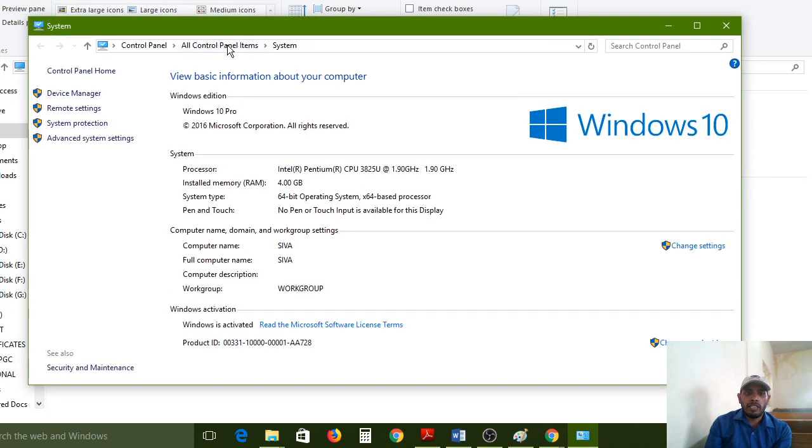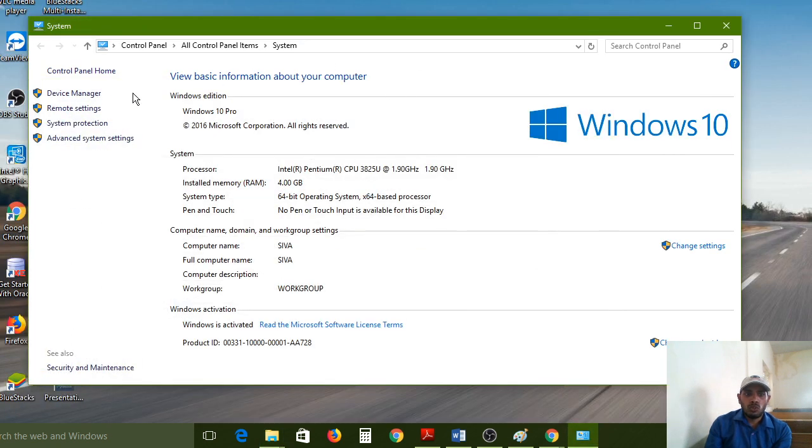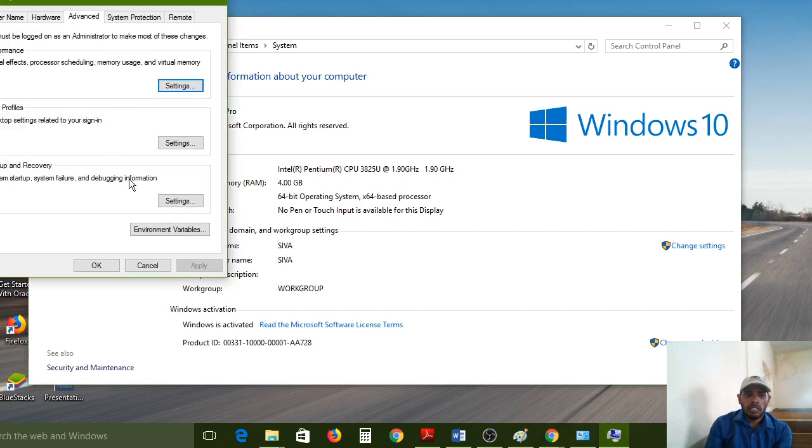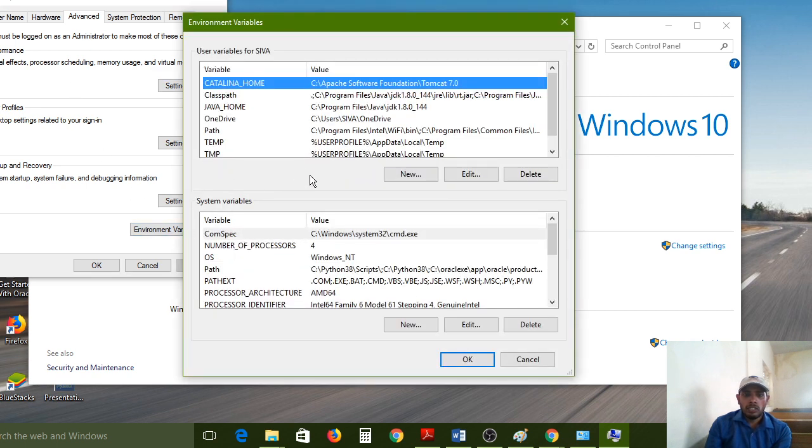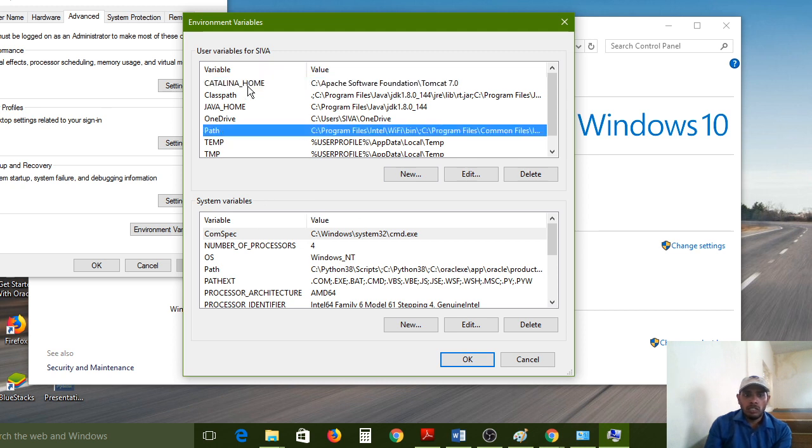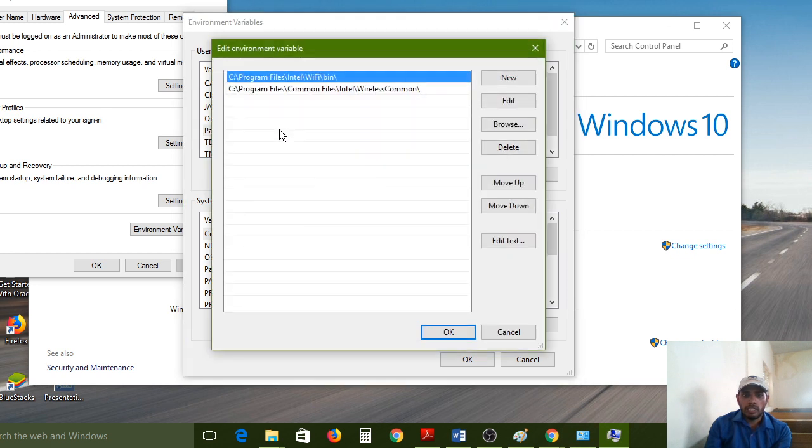Choose the Advanced system settings option at the left side. Click on that, choose Advanced, select Environment Variables. In that, choose the Path option. Here, under User variables for Siva, just double click on Path.